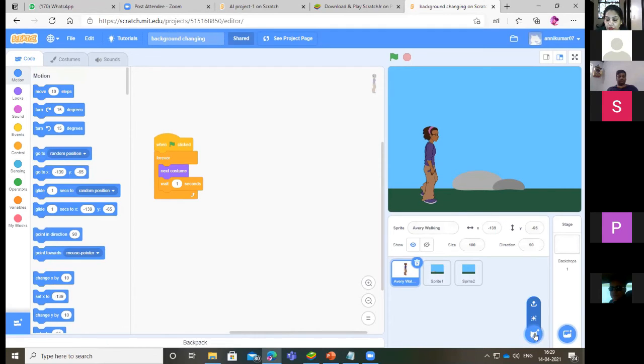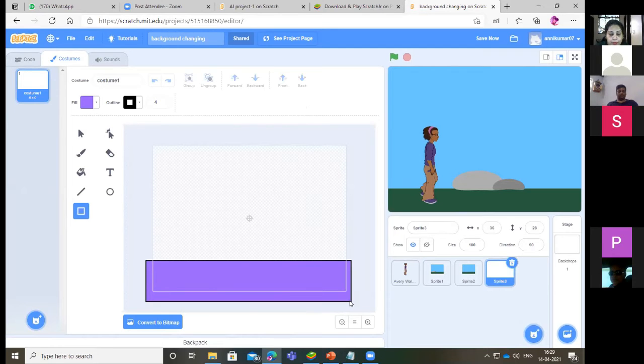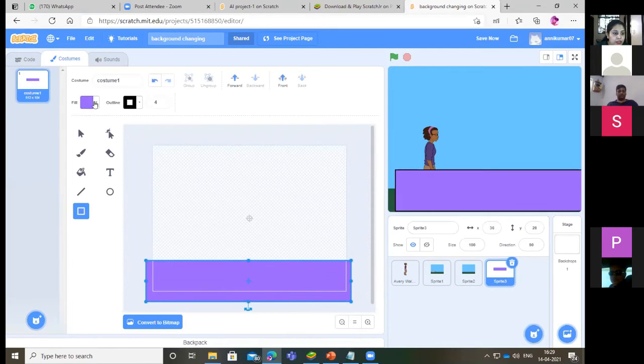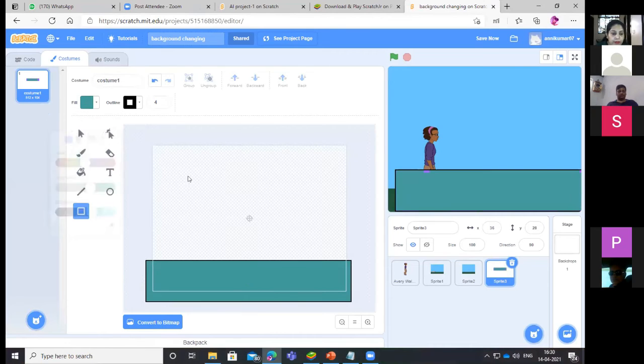Here you need to click on the paint. Now you need to take a rectangle. Now change the color. The color can be green. Okay, I have added a green color. Now you make one more rectangle.